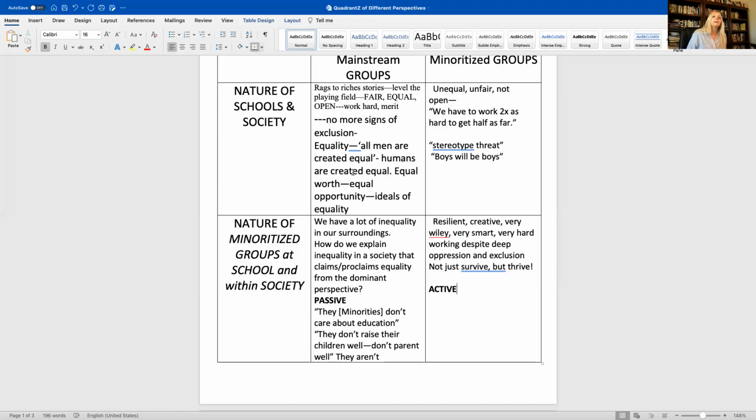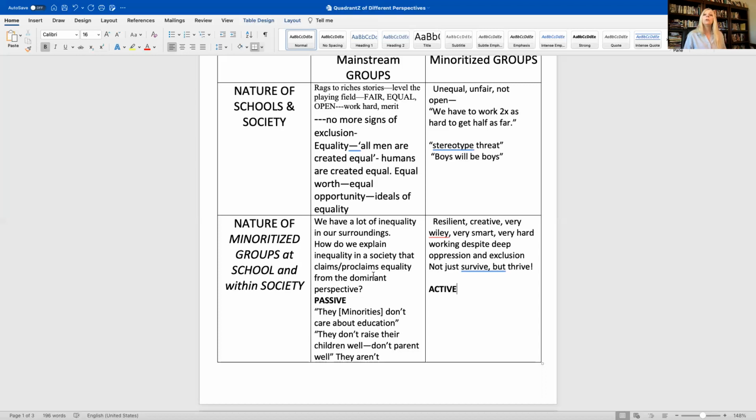So if we look at, just kind of assuming through a deficit view that poor people or minoritized groups or underserved groups are just passively sitting there doing nothing for themselves, hoping that the mainstream is going to do something, then that's actually very distorted, very disrespectful to all of the struggles that groups have gone through to contribute to our society and to gain an education and to be participating members of our community over time, even in the face of a great deal of oppression and laws and values and systems that excluded them.